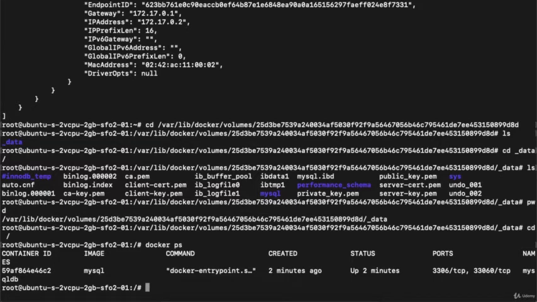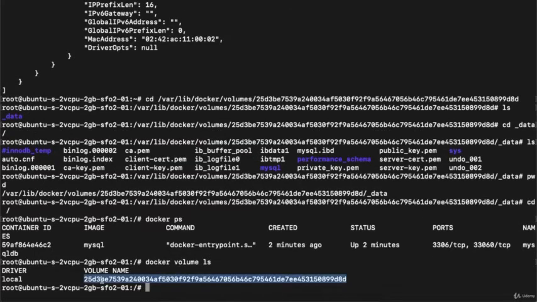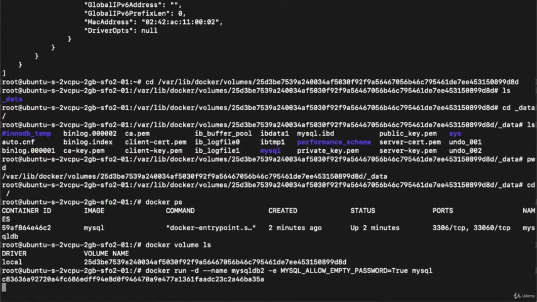Now if you want to identify how many volumes have been created, you can execute the command docker volume ls, and you can see a single volume with this particular random id has been created, and this is the same id, right? In the same way, if I create another MySQL container and name it mysql db2, I will execute the same command again, hit enter. Now you can see a new container has started.